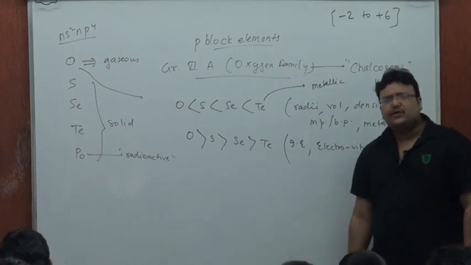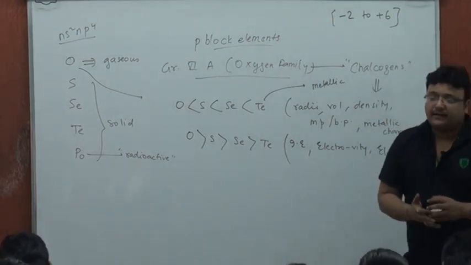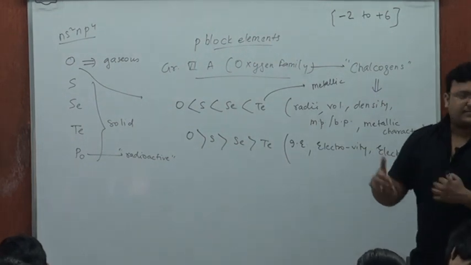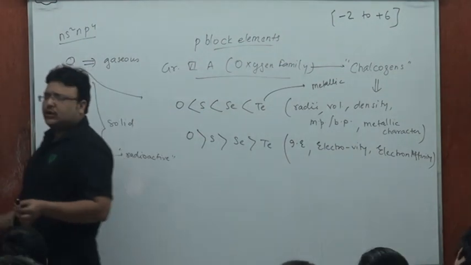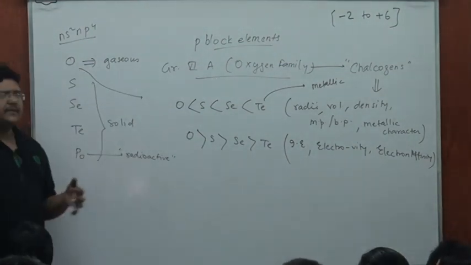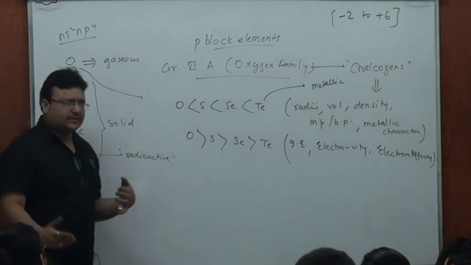Oxygen is the second most electronegative element, so it will want to stay in a negative oxidation state. Other than fluorides, oxygen is -2 or -1. It's -1 in peroxides, and superoxides. So other than fluorides, oxygen is negative. But by and large, the permissible oxidation states are -2 to +6.